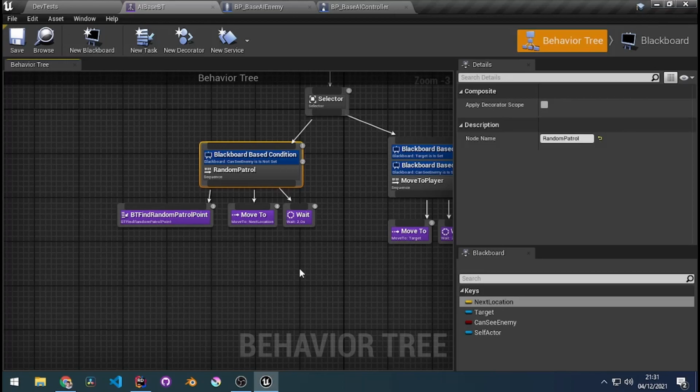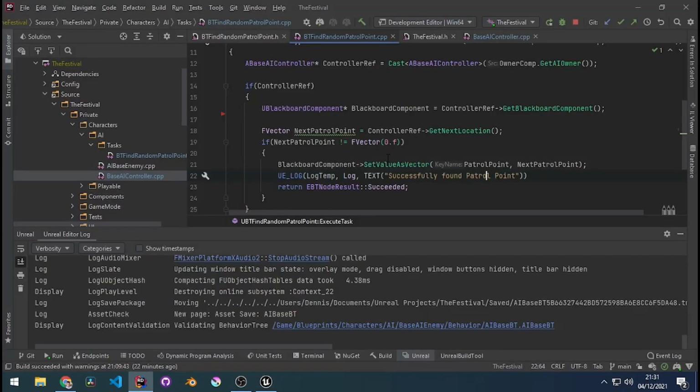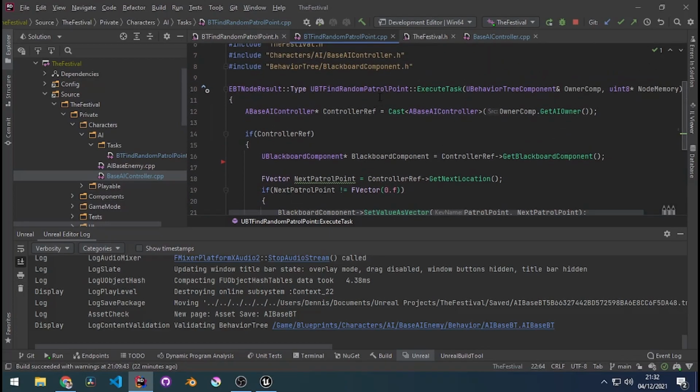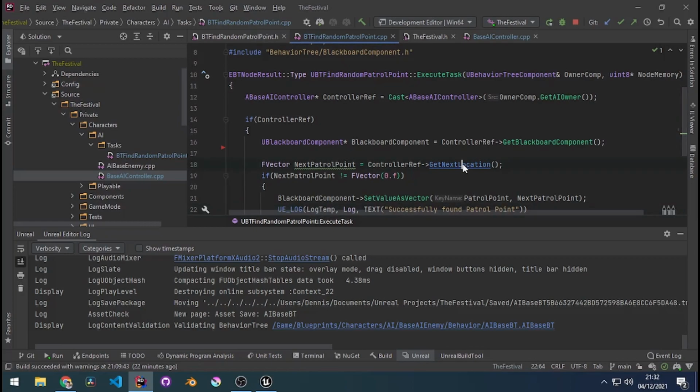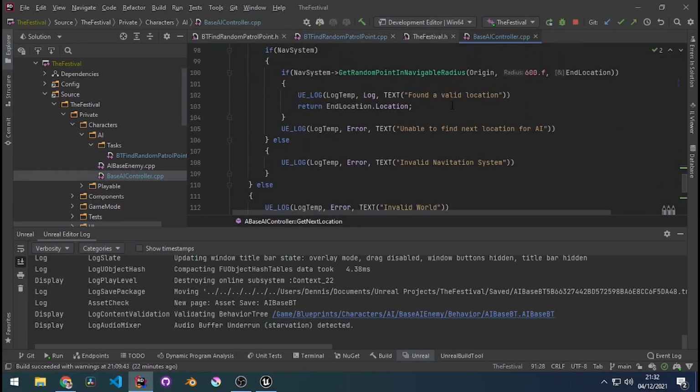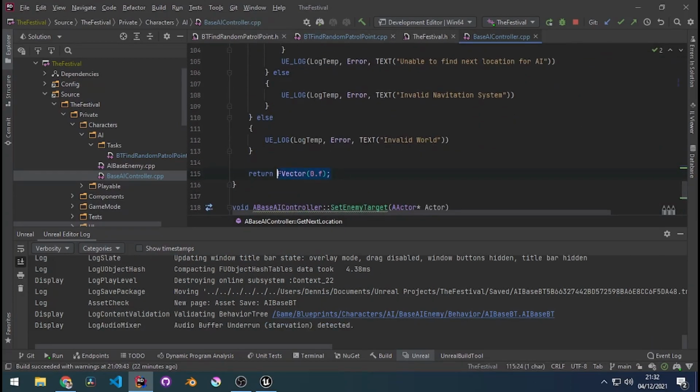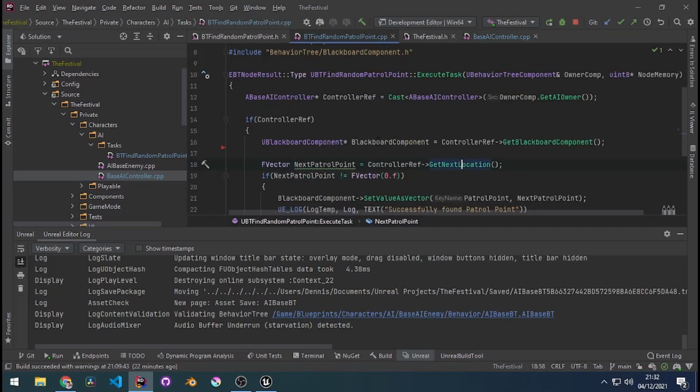So the best way to make a character move into a level is making them aware of the environment itself. Right now, this function doesn't care about the environment. It's not aware of anything around it. So maybe you're in a corner that doesn't have a valid radius, like it doesn't have a valid reachable point. So this get next location would always return an invalid location, which is basically a zero, an empty vector, and